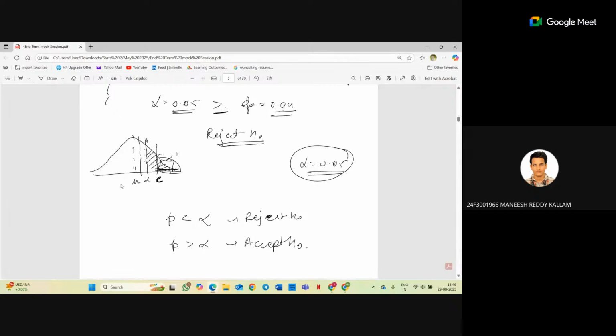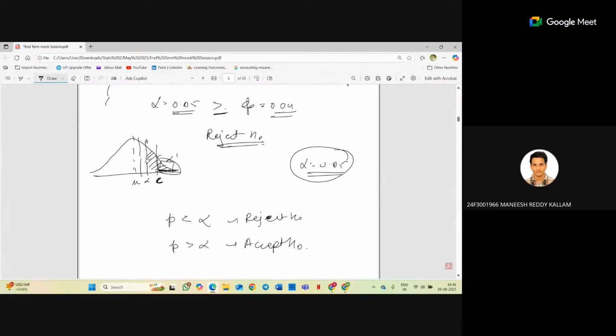Ma'am, the graph would form at the left side of the graph. Yeah, I checked alpha on the internet. You fix alpha over there. Alpha is fixed over there. So the right side of the alpha will accept, and the left side of the alpha will reject. In general, in a left tail test, 0.05 is greater than 0.045. That's why our argument is like we have to accept.